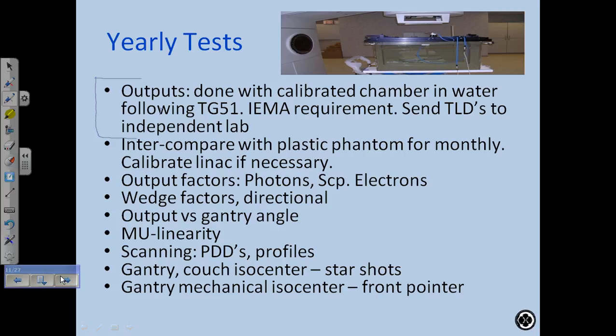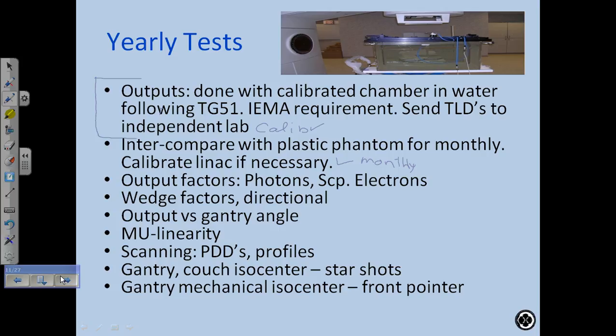Okay. And one thing that you should do, there's another requirement, is that you need to check the constancy of your ion chamber. Your ion chamber can drift over time too. So how do you know if your ion chamber is drifting? It's a good way of comparing that. So you have to have some way of intercomparing your chamber with another chamber. So it's a good idea to use one chamber, like a calibrated chamber, for TG51, and then use another chamber, like what we call a field chamber, for this plastic. Let's just call it a monthly chamber. By using two chambers, first of all, this calibrated chamber is only sent to the Cal Lab